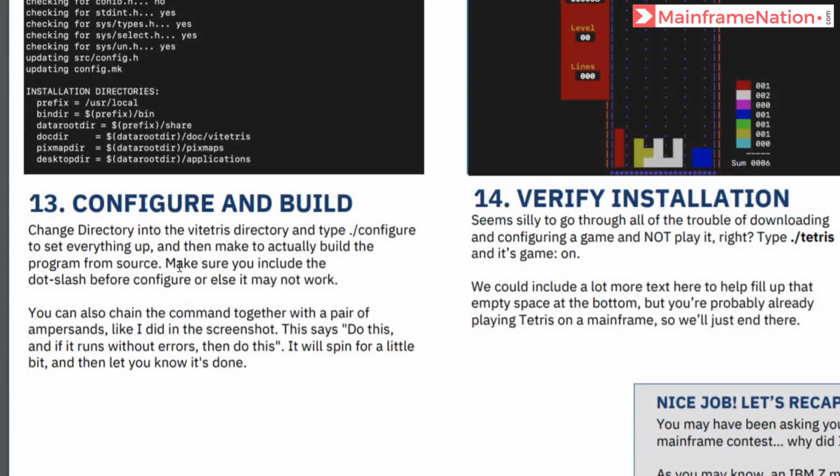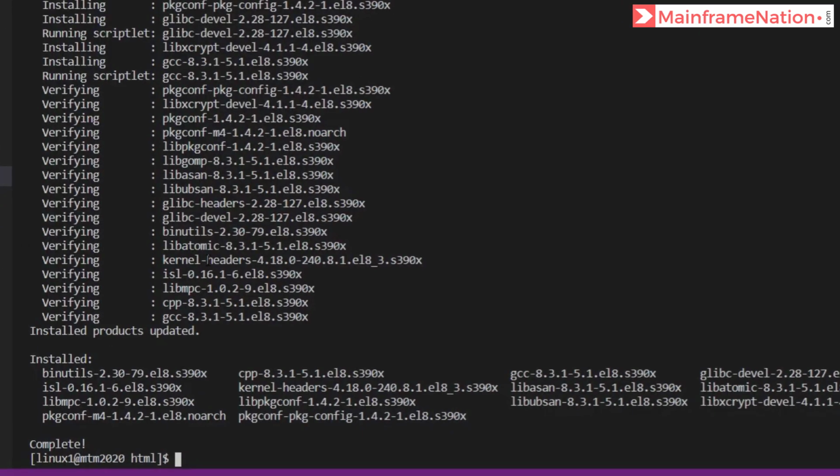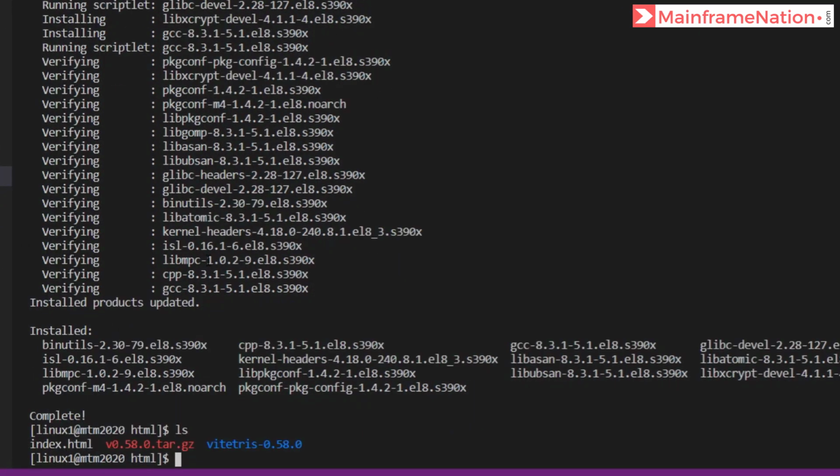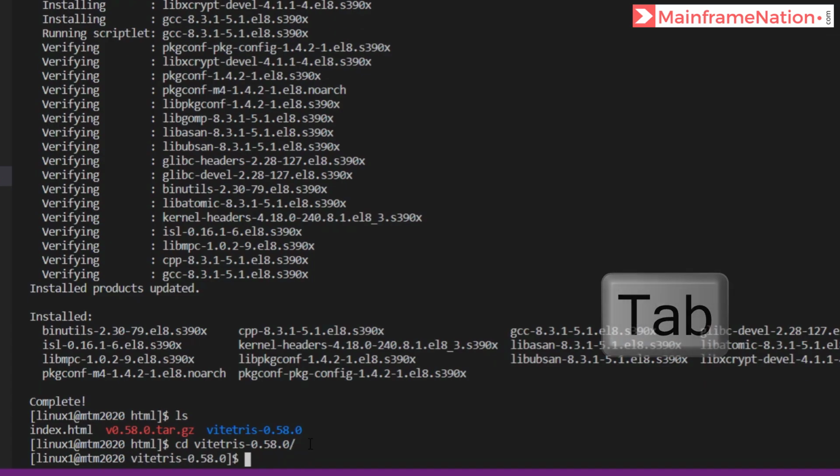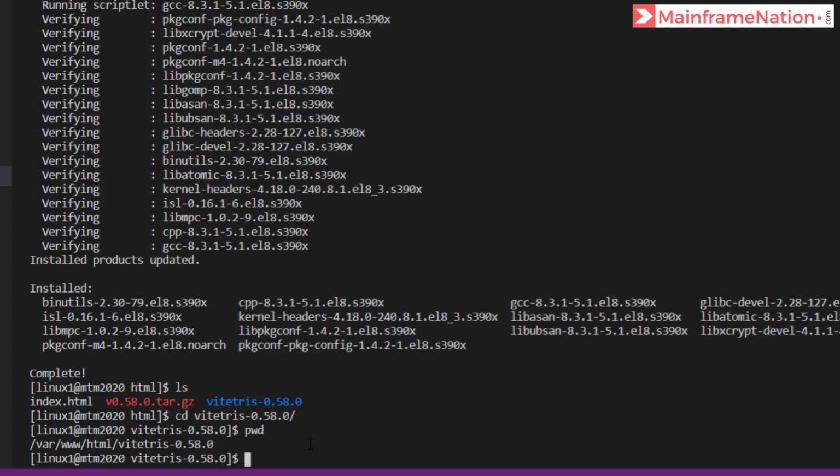Let's go to step 13. So now we have to go to the Tetris directory. So here is the Tetris directory. Give here cd tet, press tab, then press enter, then give pwd to see the present directory. So our present directory is Tetris. Then give here ./configure.